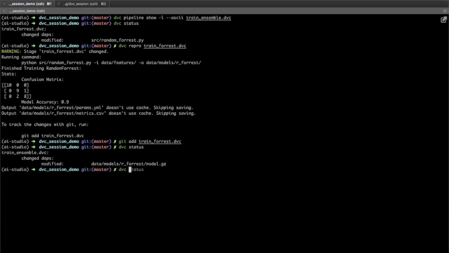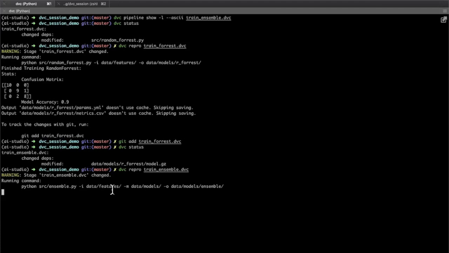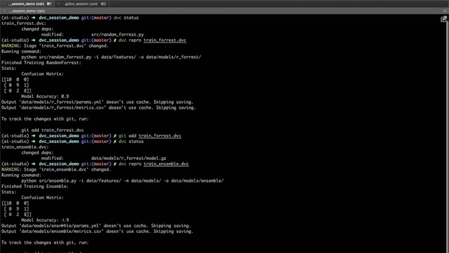So I'll say DVC reproduce. So even this stage will be reproduced, and new model scores and metrics will be produced. So earlier you can see that the ensemble model had a better accuracy than this 0.9, right?